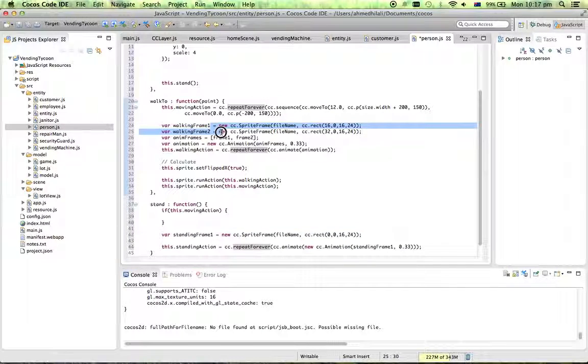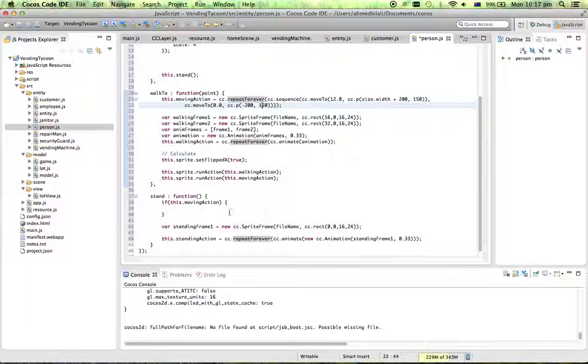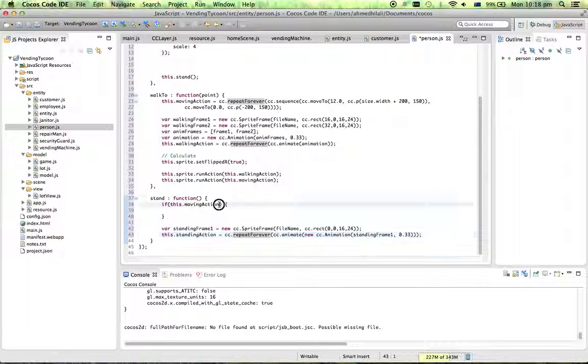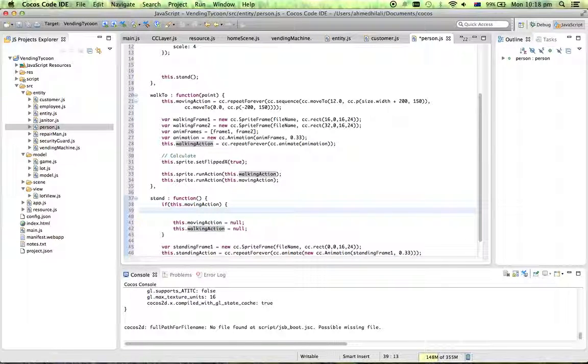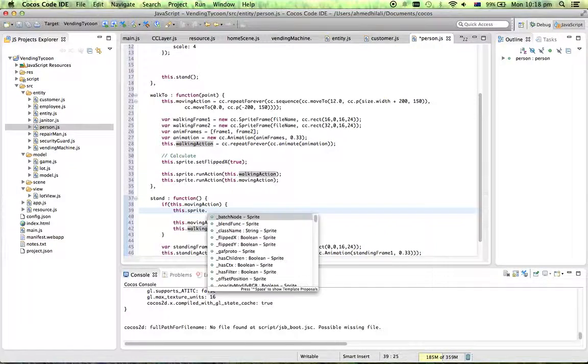I wonder if this is a, yeah, no, this is fine for now. Okay. All right, so moving action, if it exists, we set it to null. We set walking action to null. This is not good code where you're checking for one thing, but you know, this code won't actually cause any issues for nulling it out. What will cause issues is this dot sprite dot,